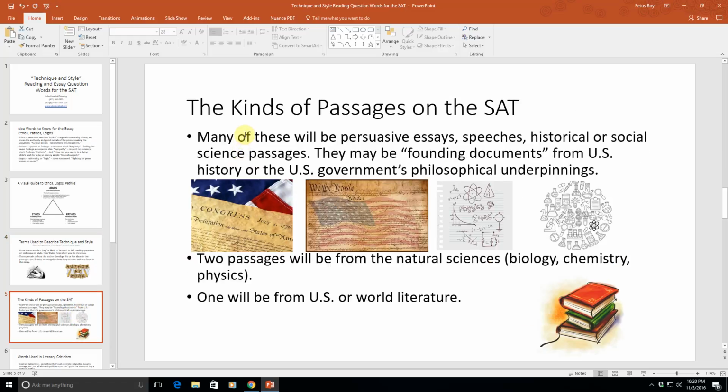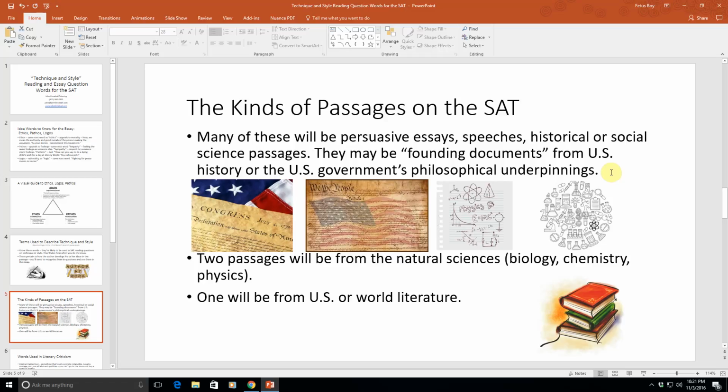So the kinds of passages on the SAT include the following. Many of these will be persuasive essays, speeches, or historical or social science passages. They might be founding documents from U.S. history or the U.S. government's philosophical underpinnings, such as the writings of John Locke. Think Life, Liberty, and Property, which was translated by Thomas Jefferson to Life, Liberty, and the Pursuit of Happiness, probably because people who don't own any property aren't going to be too concerned about fighting for their right to property